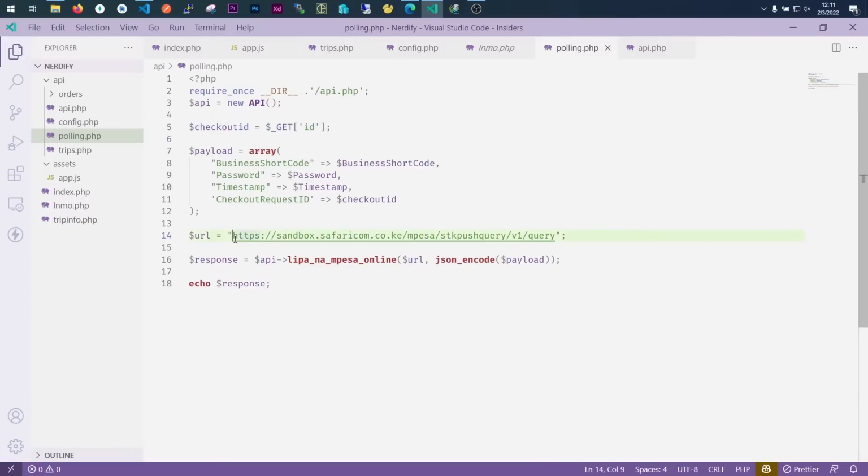And then we set again the URL. Remember the same method, we pass the URL again and we encode the payload, and then we get the response. This response will either be an error code, transaction still processing, or a result code, cancelled or successful or timeout, something like that. Okay,